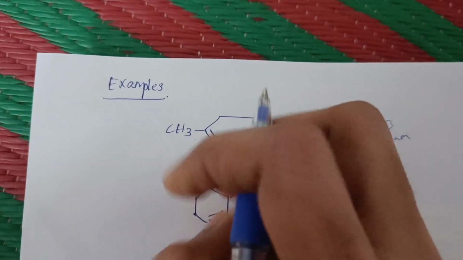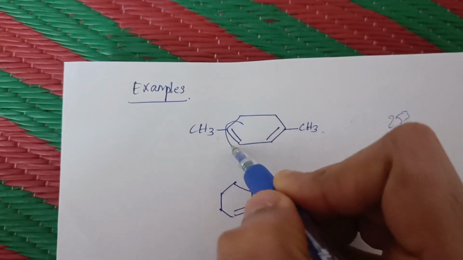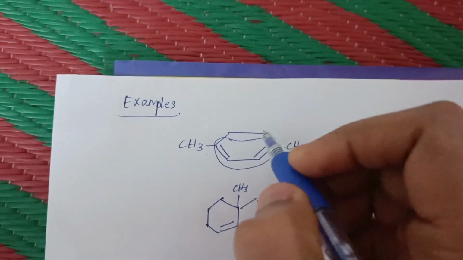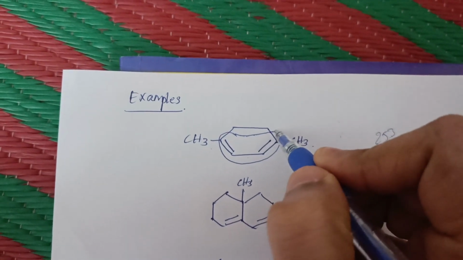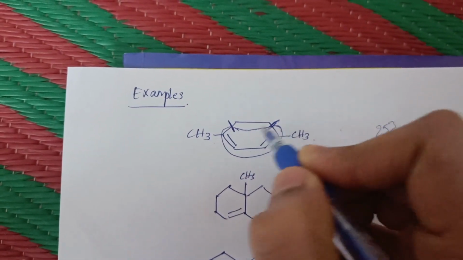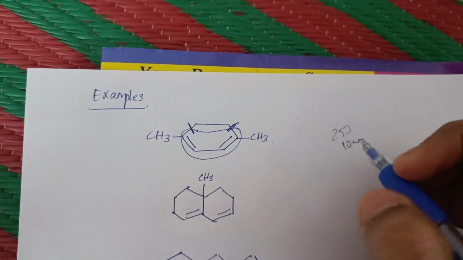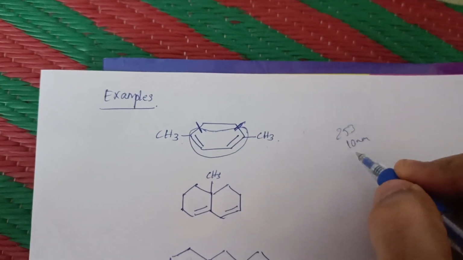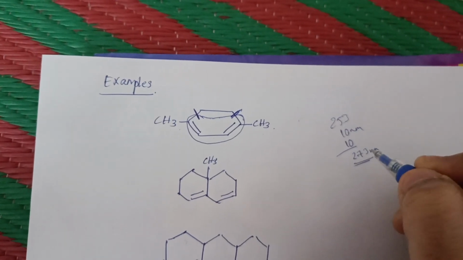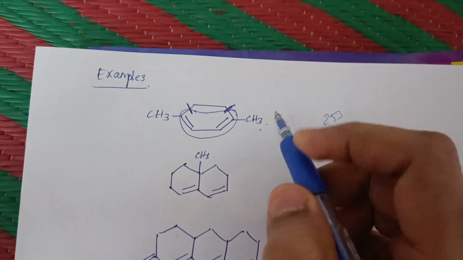Now for the ring residues, just draw a circle around this conjugation. Now consider how many bonds are attached within this conjugation circle: 1 and 2. So 2 bonds are involved in the circle, so the number of ring residues is 2. For each ring residue 5 nanometers, and for 2 ring residues 10 nanometers. Total 273 nanometers is the predicted maximum absorbance, the predicted lambda max of this compound.